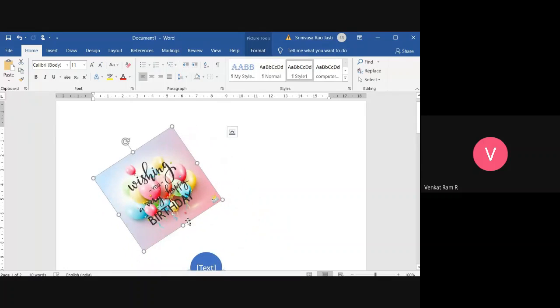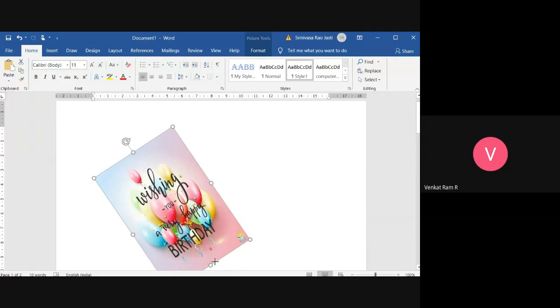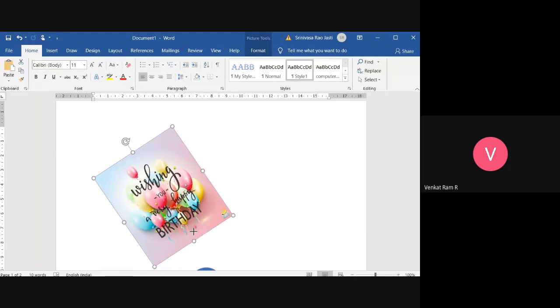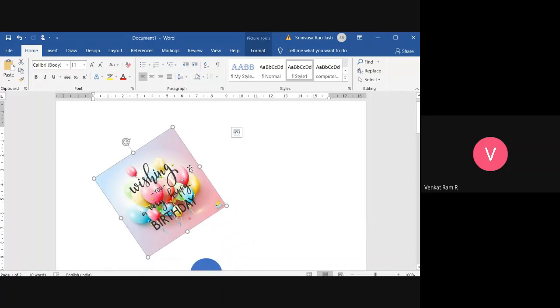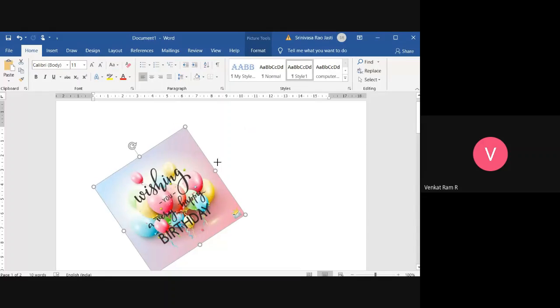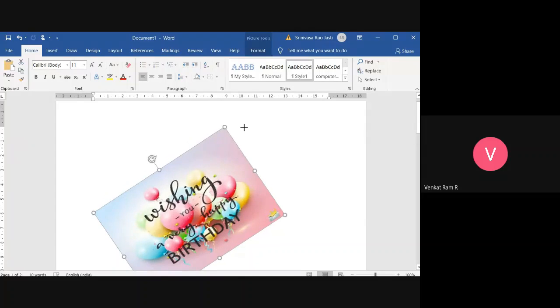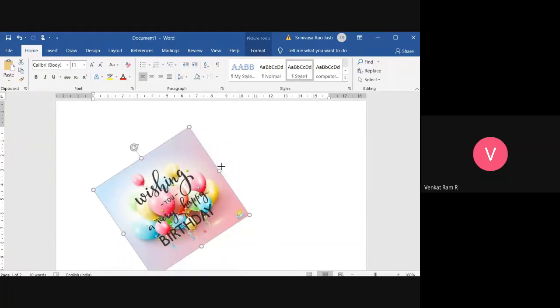If I am doing it in between, only some part changes, and it will not increase uniformly. So if you are moving at corners, then only the image size will increase uniformly, else it will be in the form of a rectangle. Only either length or breadth will be increased, it won't come like a square.